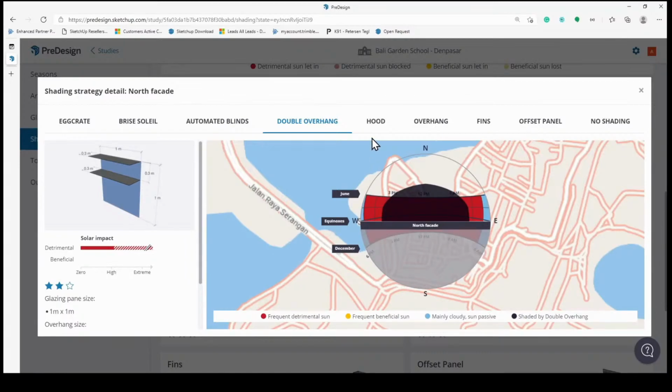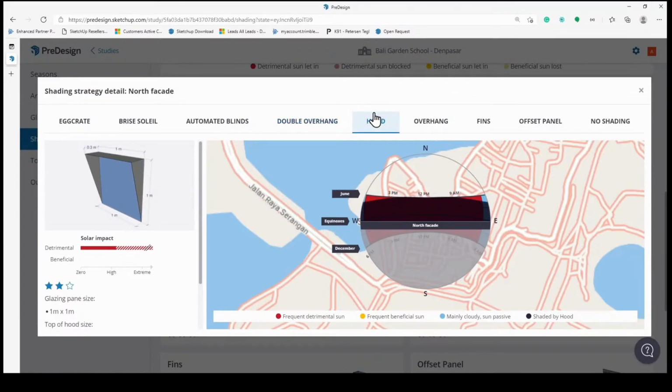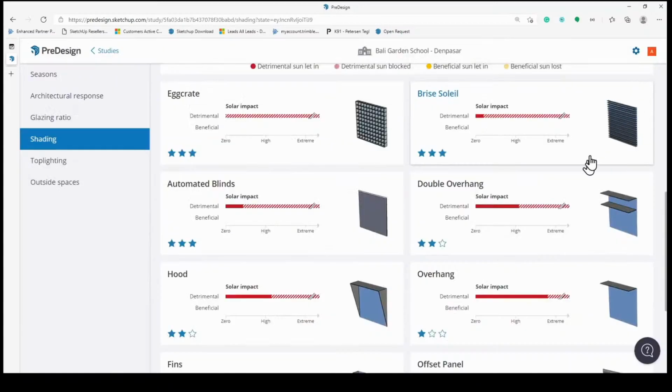I'm going to have a look at the hood now, and the hood creates this kind of shading shape, which is a flatter shape than the double overhang, and we can see visually, without needing to be a buildings physics expert or a sustainability expert, that this is blocking more of that red, bad, detrimental sky, those sun conditions that we would like to take care of. And perhaps it's a little bit small, but it's a really good shape for us to use. So we could move ahead now with the hood as a design solution, or certainly as a shortlisted design solution